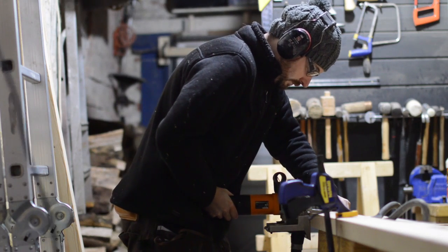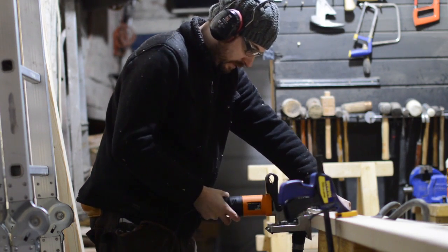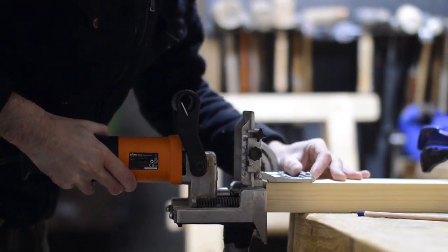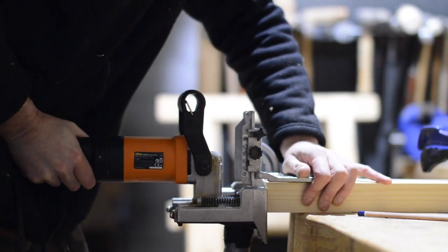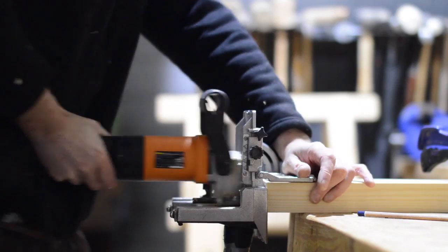I'm going to use dowels to join it together. This will make it stronger than using screws, but also it just looks nicer with having no screw heads to fill. It's a pretty simple construction. It's just a frame held together with dowels, so there's just a lot of cutting to length and using the